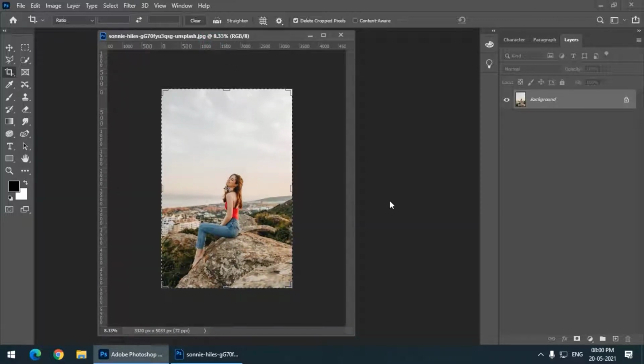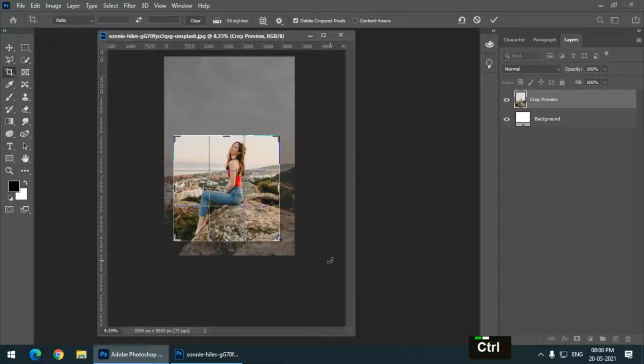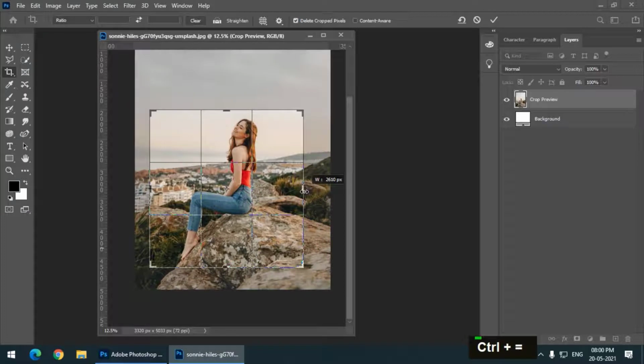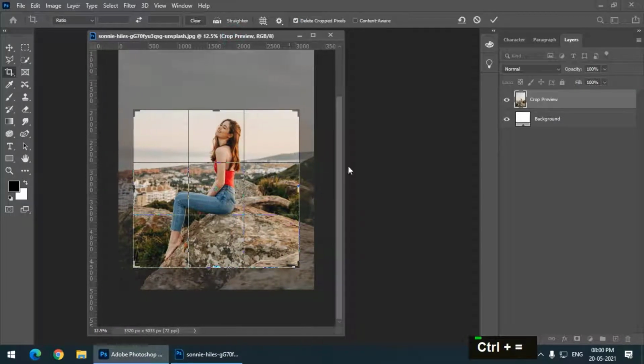So if I want to remove some portion of this image, I can simply click on the crop tool and simply draw a rectangle to the area which you want.